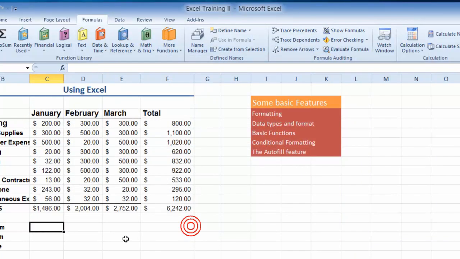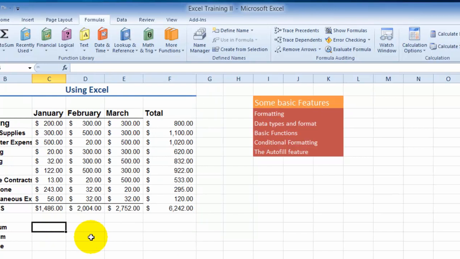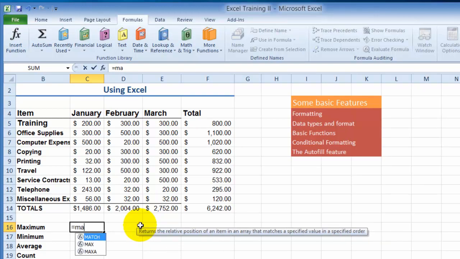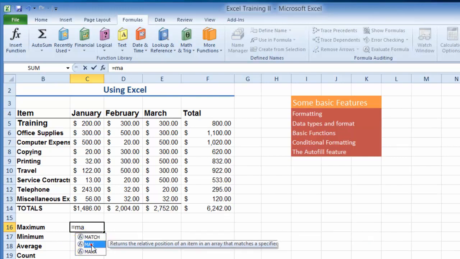So let's go back. Now let's say we want to find the maximum number, the highest number in this range. So what we do is, we remember that all formulas start with the equal sign. So we type equal, and then we want to get the maximum number. So you'd say, well, how do I know what the function for maximum is? You could either click on insert function here under formulas and then insert function, or you could just take a guess at it and do just max, for example. And notice Excel gives you a listing of close matches to it. So now we'll choose, for example, max, and it tells you that it returns the largest value in a set of